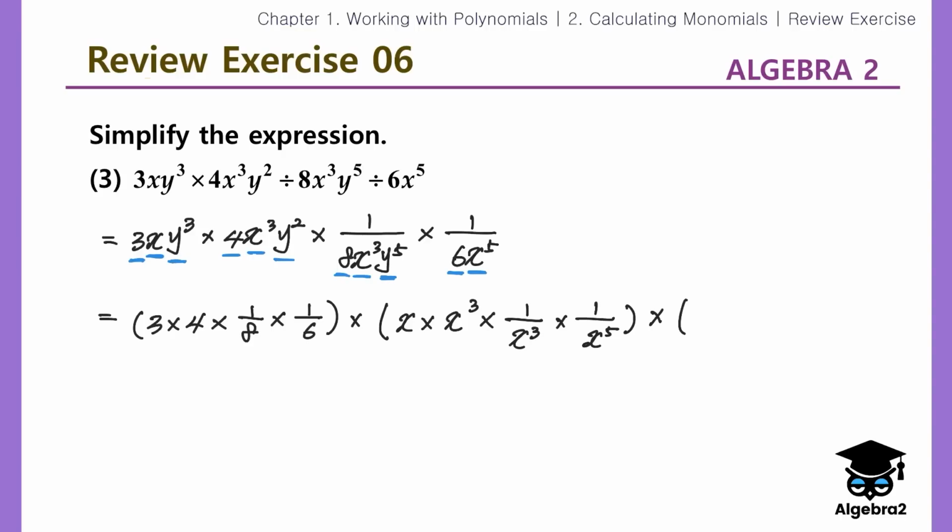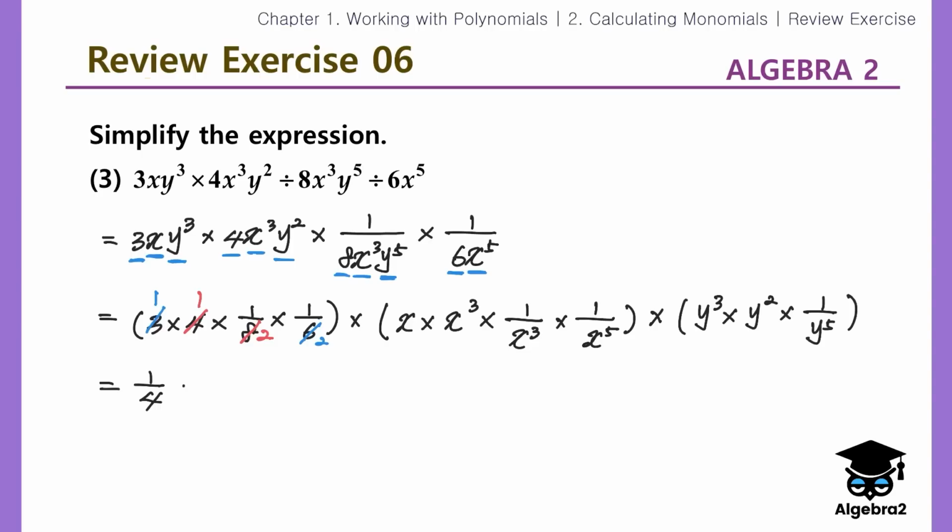So that's going to be y cubed times y squared times 1 over y to the power of 5. Okay, we're almost done. So let's look at numbers. 3 times 1, 3 times 2, 4 times 1, 4 times 2. So that's 1/2 times 1/2, which is equal to 1 over 4